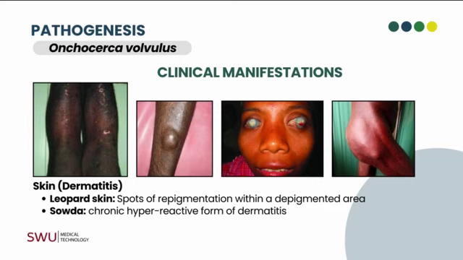Nya nganong naay leopard skin? Due to the chronicity of the infection because of the repeated death of the microfilariae, the skin eventually loses its pigment. Nya ang pagkawala or depigmentation kay it does not occur evenly. Dili tanang parts sa skin kay mawala ang iyang pigment. So large patches of the skin become pale because wala na ang pigment, pero there are also spots in which the normal pigmented skin is scattered